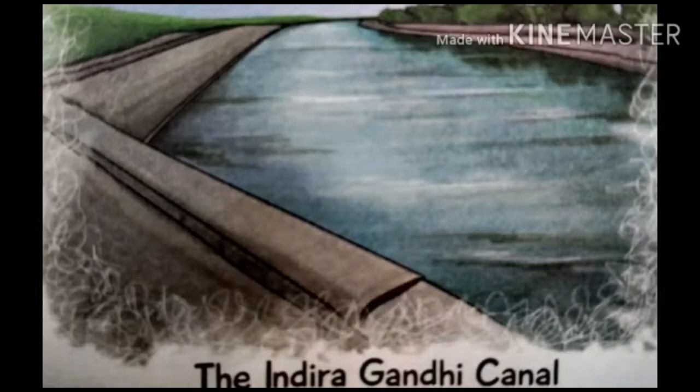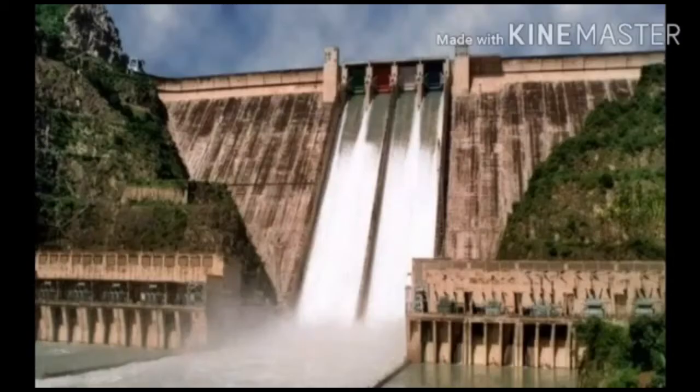The Indira Gandhi Canal brings water of the Satluj River into Rajasthan, to different parts of the Thar Desert, solving the drinking water problem as well as supporting agriculture. Hydroelectric power is supplied to a number of towns by the Bhakra Nangal power plant. It is located on the Satluj River in Punjab.